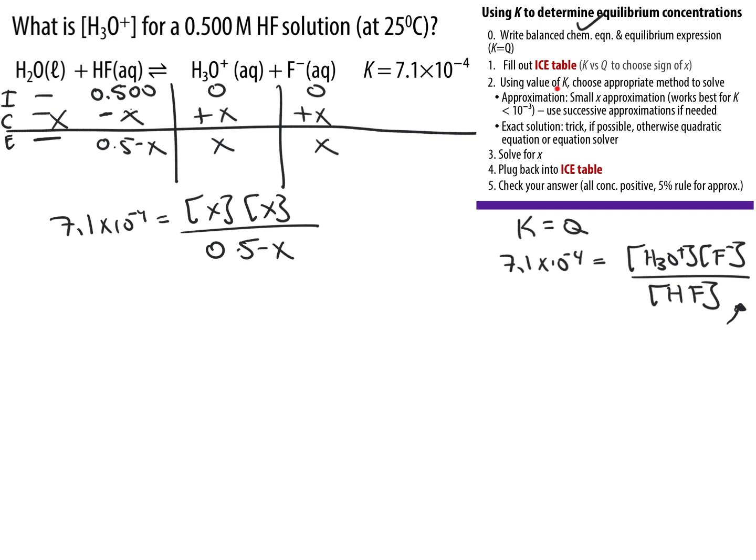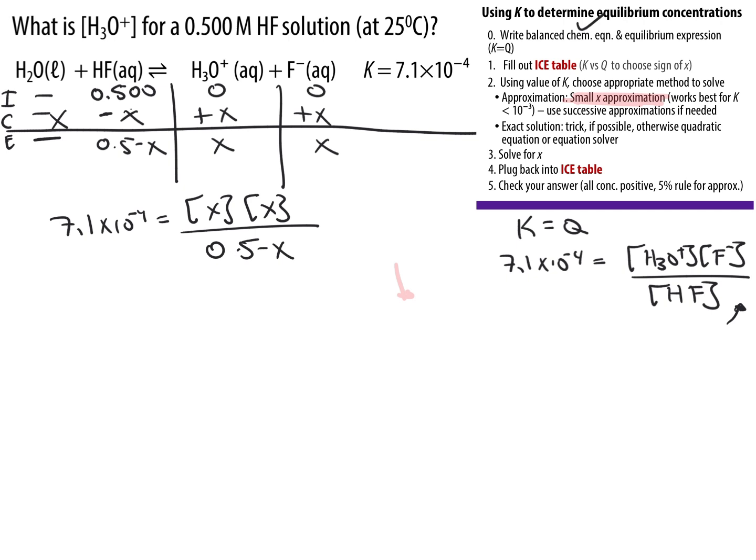Now we need to choose a method to solve the equation. So in this case, K is in fact less than 10 to the minus 3. And so our assumption here is that this equilibrium is going to lie pretty far to the left. There's only going to be a small amount of products formed. Therefore, what we're going to do is make this small x approximation. So the small x approximation, the idea behind that is that we're going to have